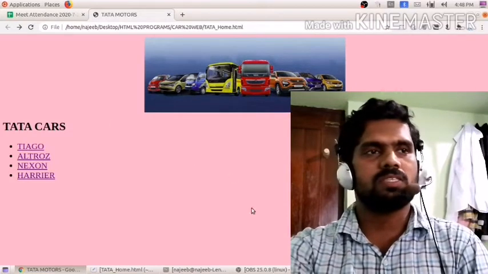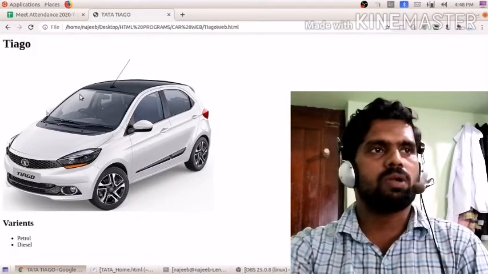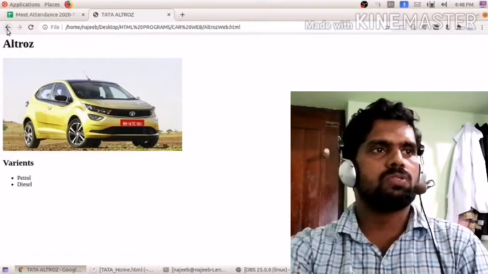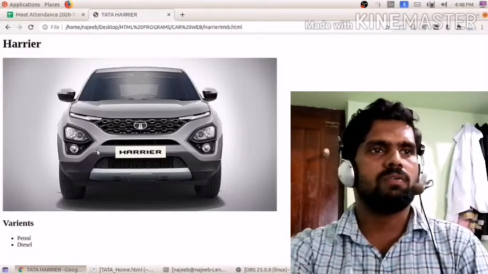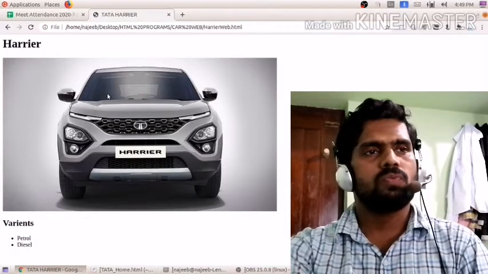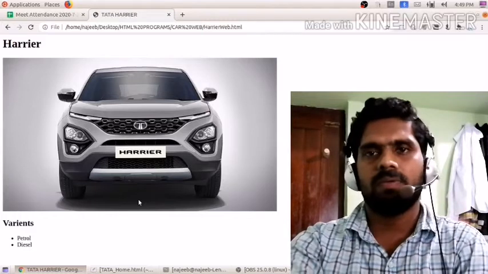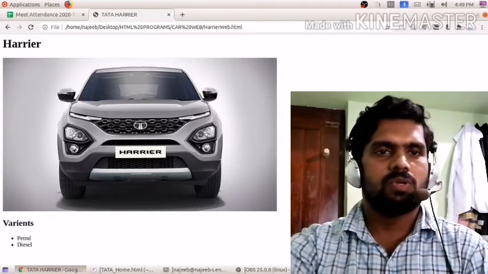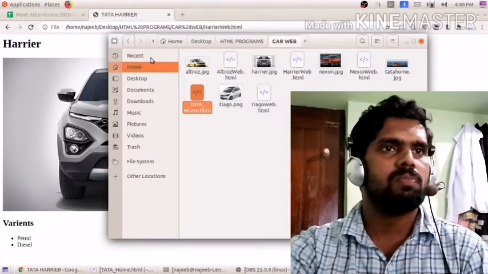This home page consists of one image, and Tiago also has one image, and Altroz, Nexon, and Harrier also have images. So we need 5 images, which we have to download or put in an active directory. You can see here car web. What is car web?